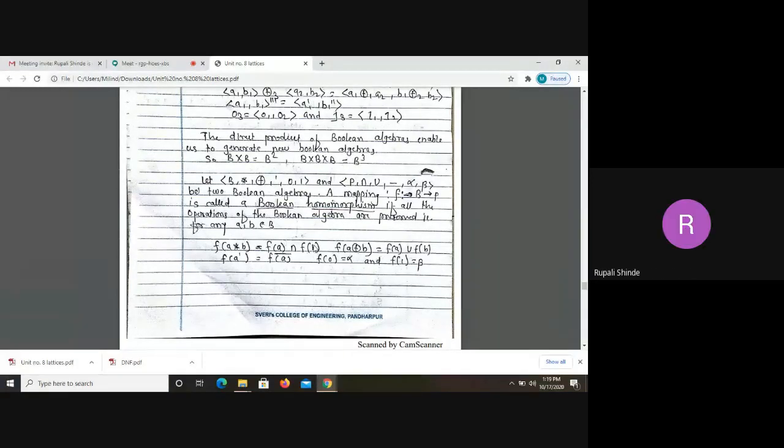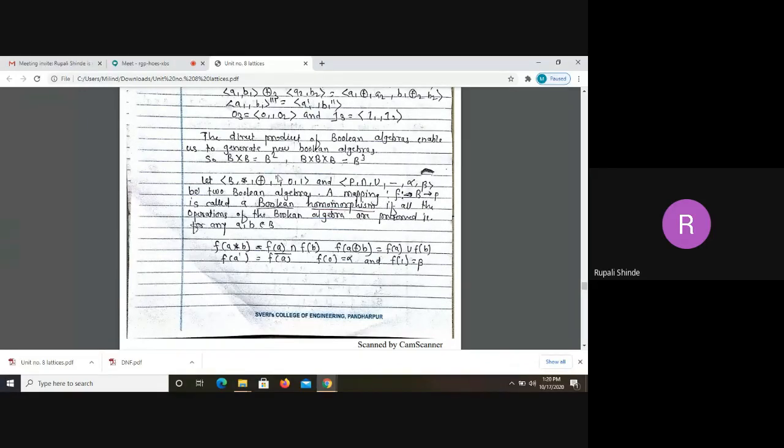So now we have to apply the next operation, and that is the XOR operation. So f(a XOR b). Again we have to consider which one is the similar operation for this XOR but in the second algebra, and that is the union operation. So now we can apply this function f separately on a and b as f(a) union f(b).